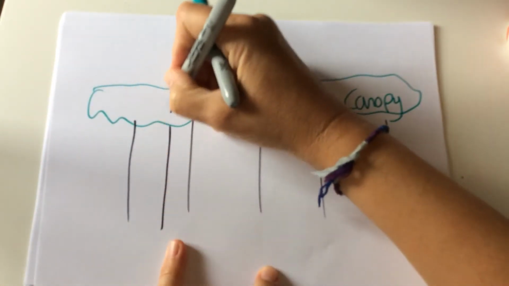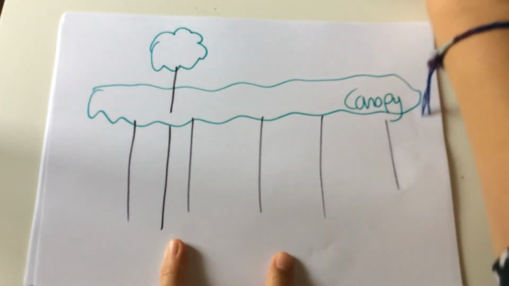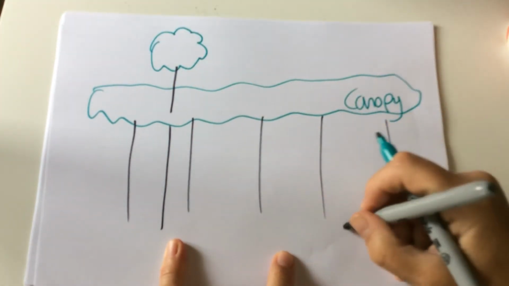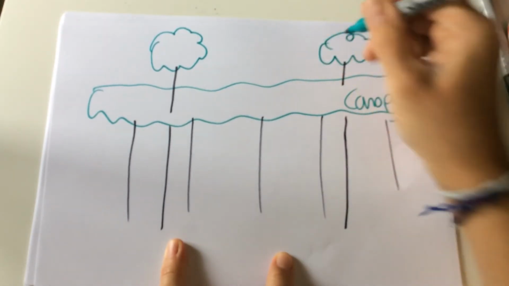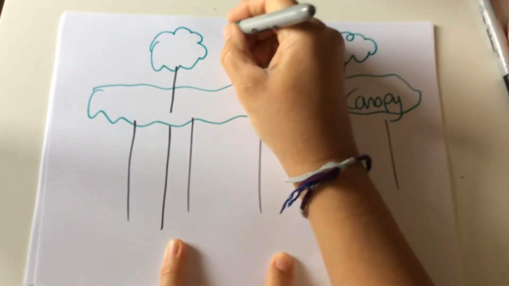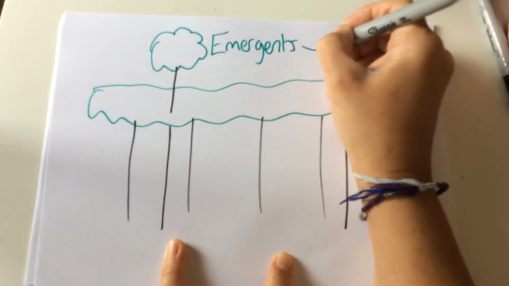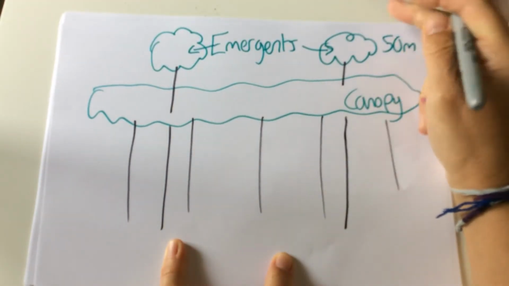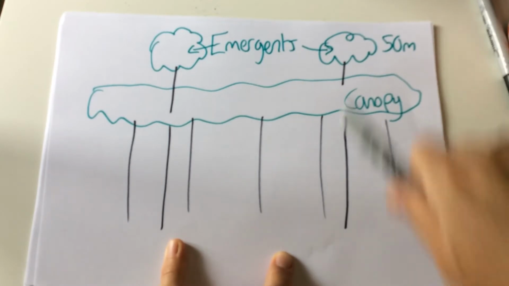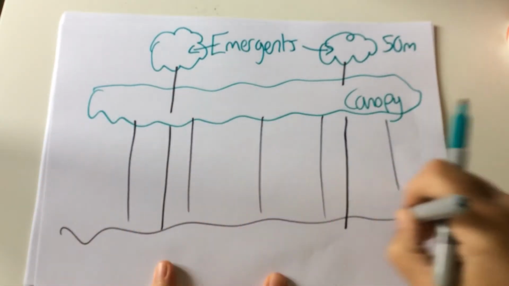Above them, there will be some trees that just manage to grow a little bit bigger, and they rise up above the canopy like this. These are called emergents because they emerge out of the canopy. These very tall trees that might be 50 metres high, which is incredibly high, are emerging out. Then there's the canopy. Now if we come down to the floor of the rainforest,